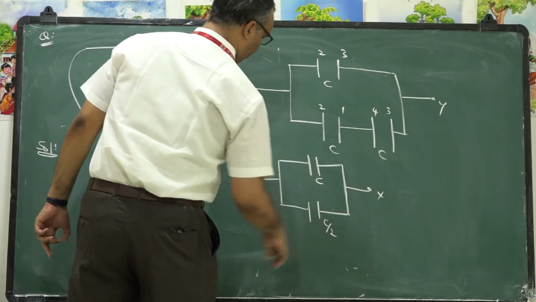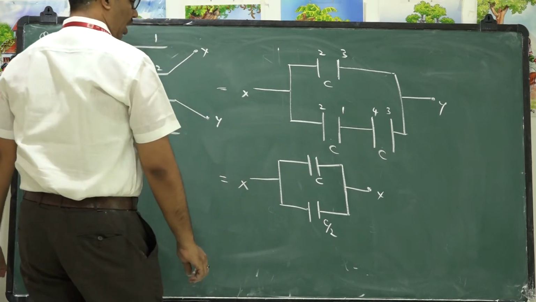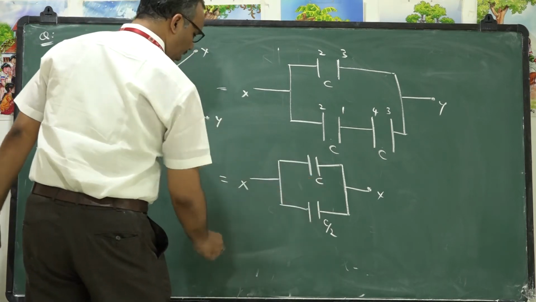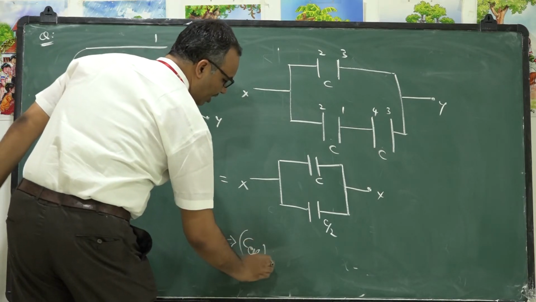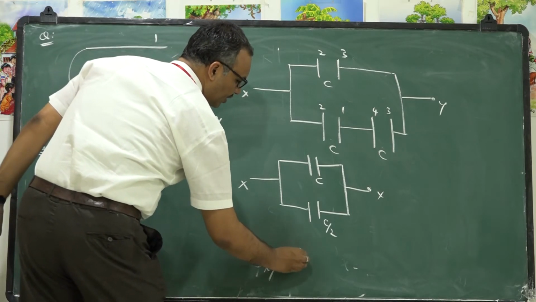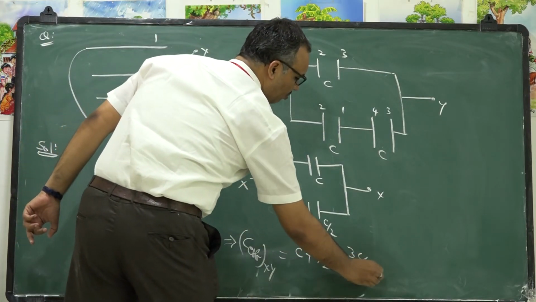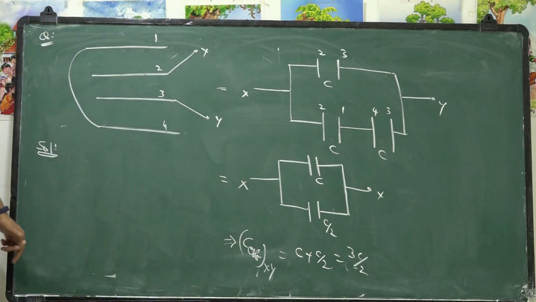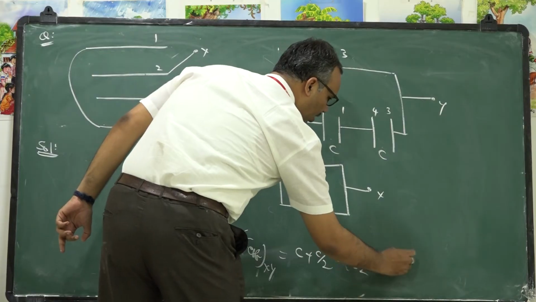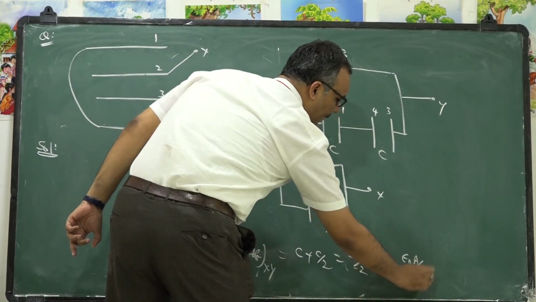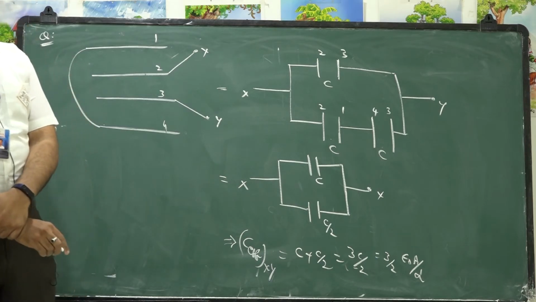This is terminal Y. This is identical circuit to this. Okay. Now effective capacitance means again these 2 are parallel. So C effective between the terminals X, Y is given by C plus C by 2. That is 3C by 2. For parallel plate capacitor, effective capacitance is given by epsilon naught A by D. So answer is 3 by 2 epsilon naught A by D.